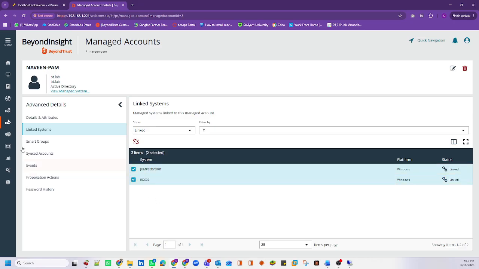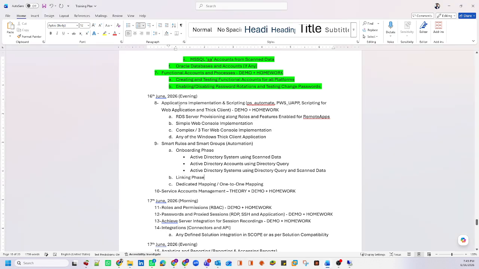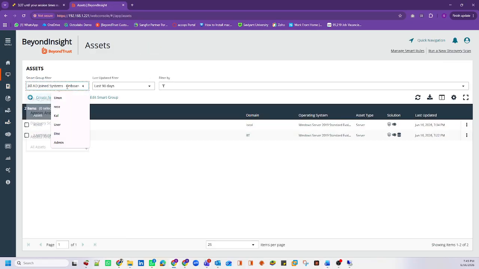Yeah, now this was actually the linking part. That's it. It's only for Active Directory. Okay, the linking part is done. I want to show you the onboarding of the Linux servers, and onboarding of the scanned accounts itself as well. So let me go back to the assets, and I want to show you